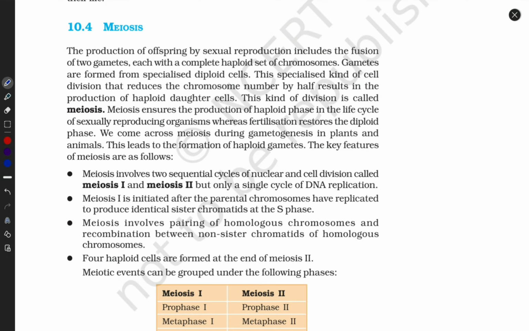In our previous video, we already discussed mitosis. Now it's time for meiosis. Meiosis occurs in the sexual parts, making egg cells in females and sperm cells in males. But mitosis occurs in somatic cells. They are responsible for body growth, while meiosis is responsible for egg formation and sperm formation. Clear, guys? Now, meiosis is divided into two parts.